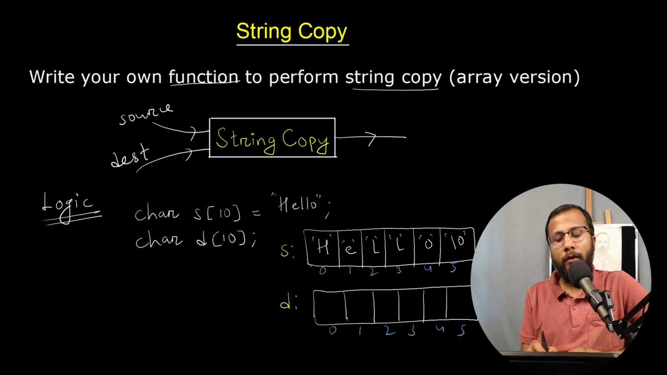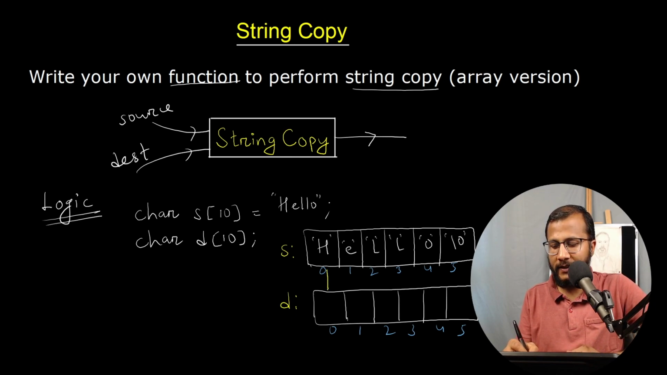Now let me create one more character array d, maximum size is 10. So this is the destination string starting from index 0 to index 9. I have only stored up to index 5. Now my job is to copy all the content of this source string to the destination string. What would be the logic? I'll keep on copying the contents one by one to the corresponding index. So index 0 value would be there in index 0 of the destination string. So here I have to get h, here I'll have to get e. So I'll have to keep on copying this until I reach the